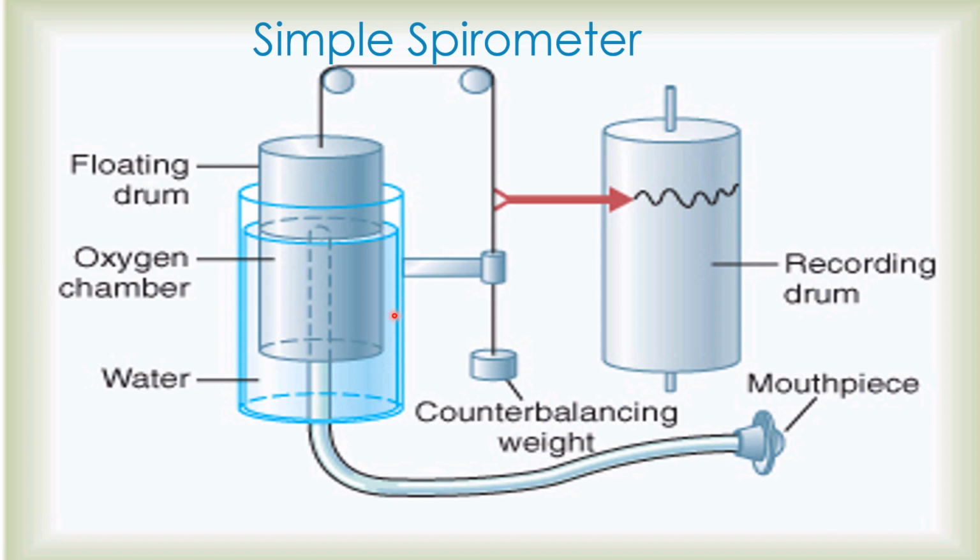So the floating drum has 6 liter capacity. It floats in the water, but you can see it is in an inverted manner, upside down, right? It is attached to a chain. This you will see in the laboratory. It is not exactly the same as what you are seeing here, right? It will be connected to a chain. While doing the practicals, you will go through all these things.